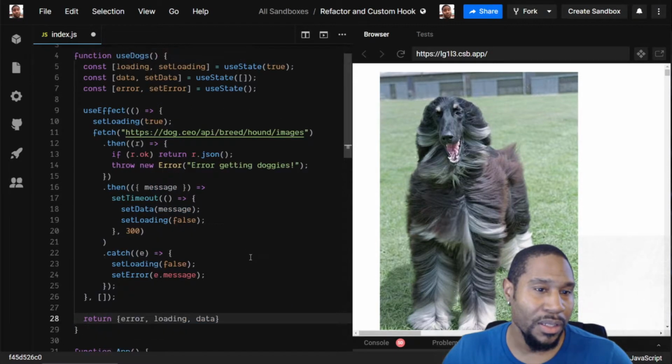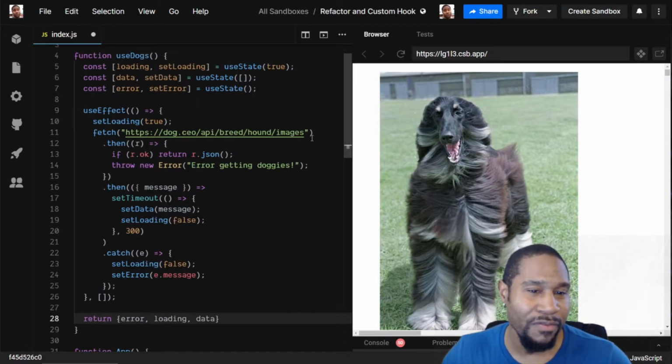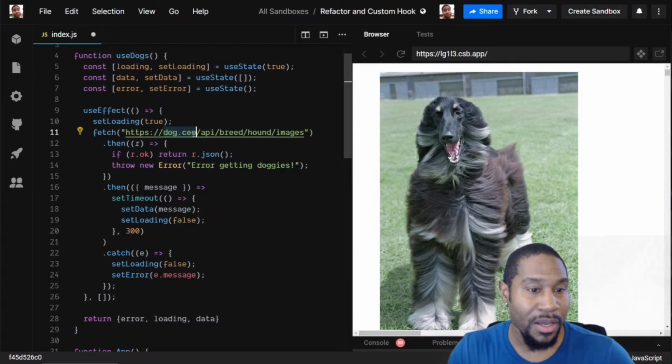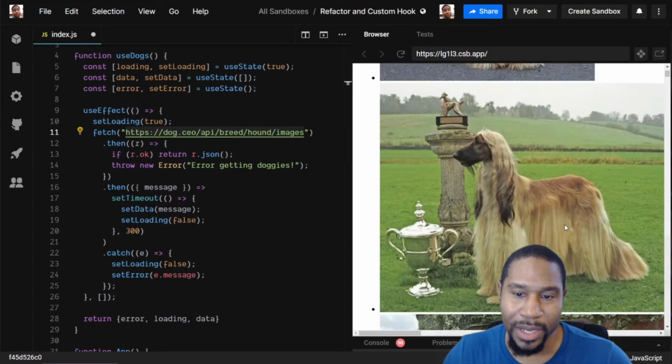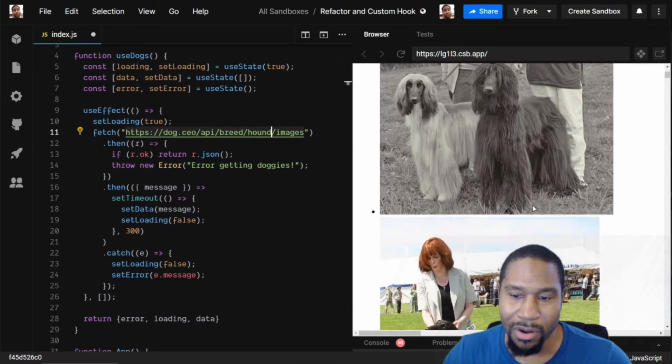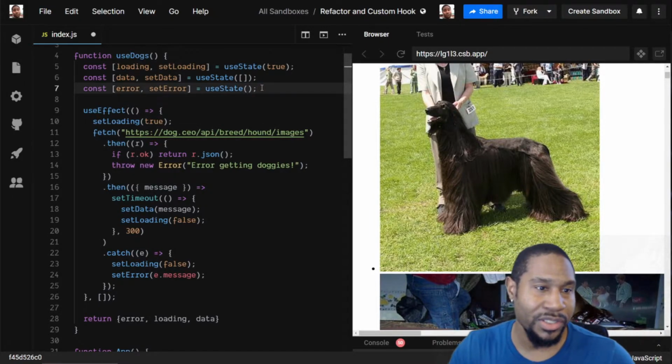So let's try to think about how we can modify this a bit. Let me pull up this Dog CEO API, because maybe we want some arguments here. Right now, we are specifically pulling a certain breed, the hound. I had no idea that's what a hound looks like, but yeah, these are all hound pictures, right? So we could actually add another state, or